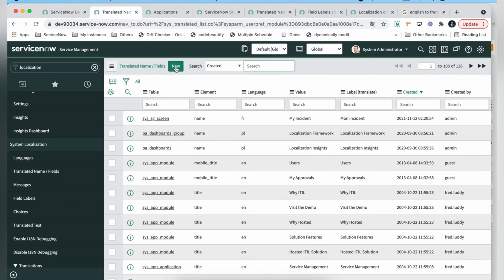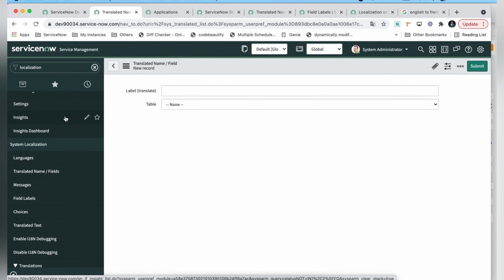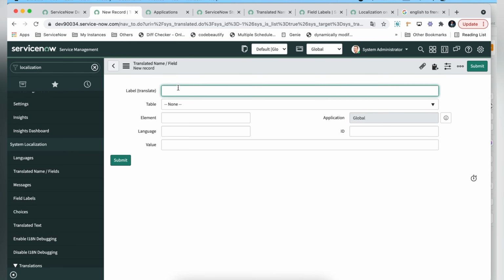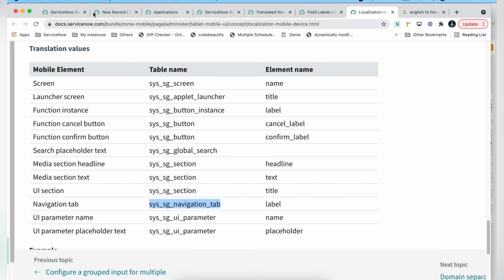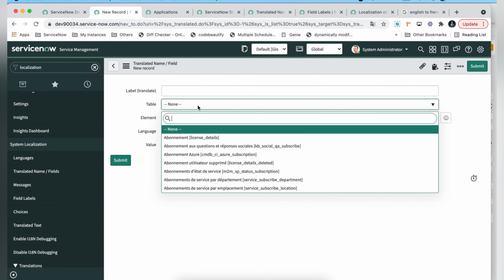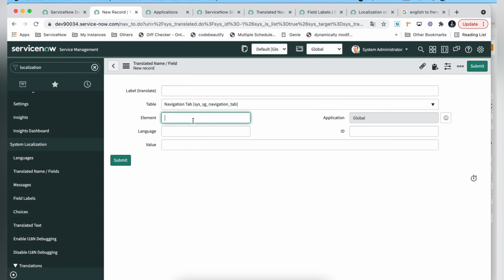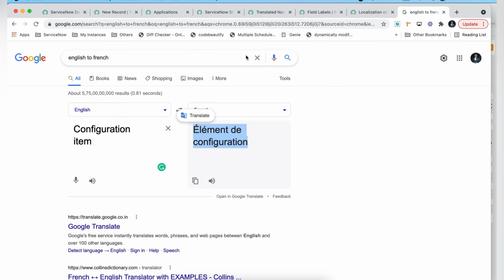We will create one record in the translated name fields. Element, let's verify the element is label. Table is this, element is label, value is home, sorry, this is language, value is home, and our translated language would be French.